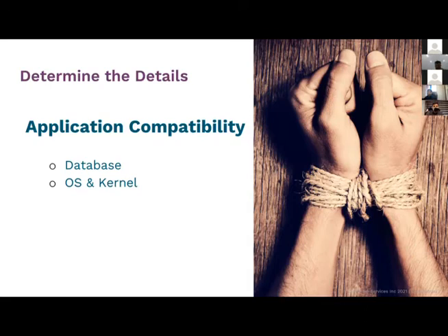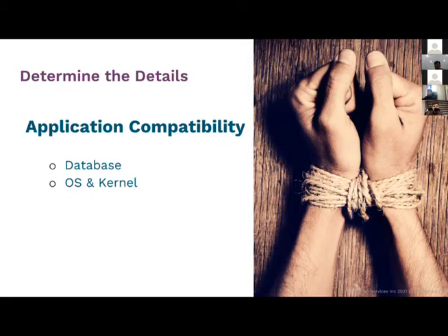Database compatibility is pretty simple. You just look up a database matrix and see what's compatible where. But OS and kernel is something you would want to standardize across your environment. Let's say you're working on Windows, that's your OS. You want to know what OS you want to have across the environment. You want your organization to be on a standardized platform and a standardized patch set, which makes things really comfortable in terms of automation and, especially, security.